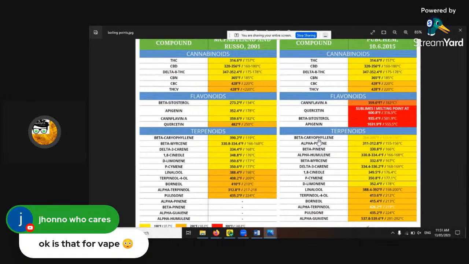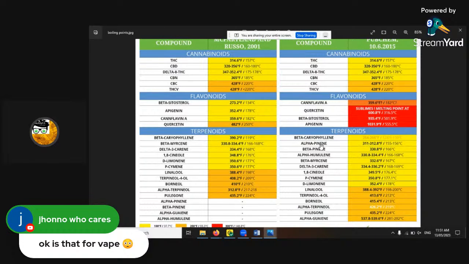Beta-caryophyllene is very good. That's the spicy one. You might sneeze, and it's also good for pain. Its temperature is 260 Fahrenheit or about 130 Celsius. These start relatively high. So if you're going to smoke or vaporize below these temperatures, beneath 110 Celsius or 250 Fahrenheit, you're not going to unlock any of these terpenes.